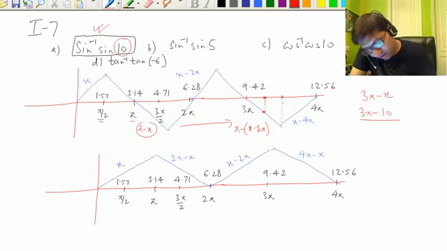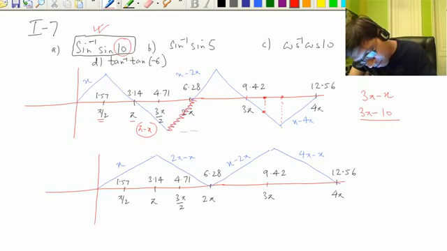So if you see the B part, sine inverse sine 5, again the same graph. We have to see that 5 is somewhere here, 4.71 is this, 5 is here on the segment. The definition of the segment is 2 pi x minus 2 pi, right? This much you have to learn: x, pi minus x, pi minus x, and x minus 2 pi. So from x we subtract 2 pi, x is 5, so this is 5 minus 2 pi, right? This was 3 pi minus 10.